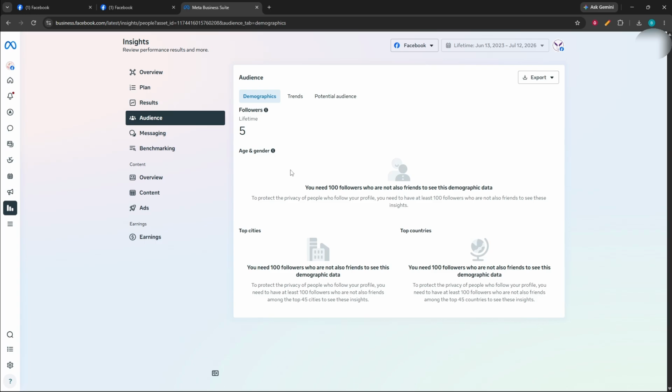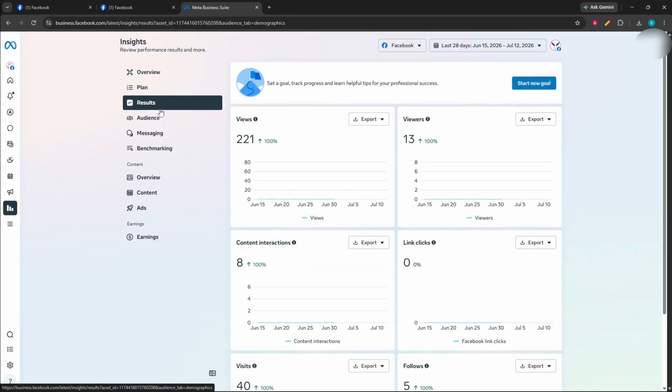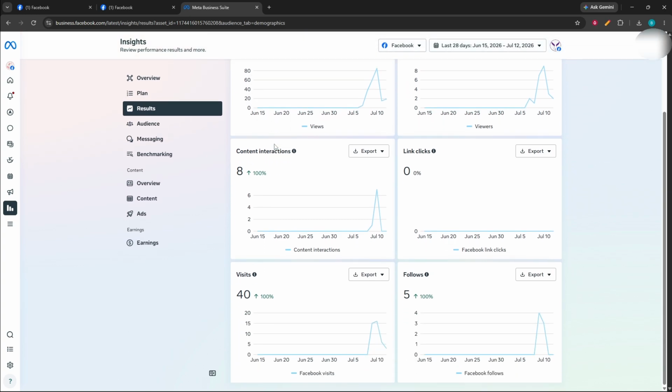Then move to the Results section. Here you can review key performance metrics such as reach, engagement, and any other available insights shown for your page. This section is especially useful if you want to focus on measurable outcomes and track how your page is growing